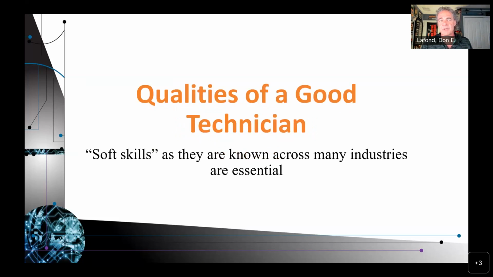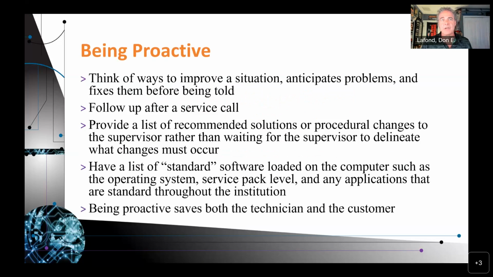Let's start with the soft skill, and that soft skill is being proactive. You guys know what being proactive is: to avoid being caught off guard. Ultimately, you want to think of ways to improve a situation. You want to anticipate problems and fix problems before you're told to do so. After you fix a problem, you want to follow up with a service call to make sure that you did fix the problem and that the problem you solved was